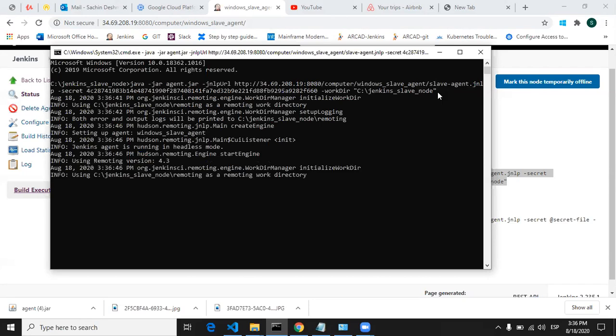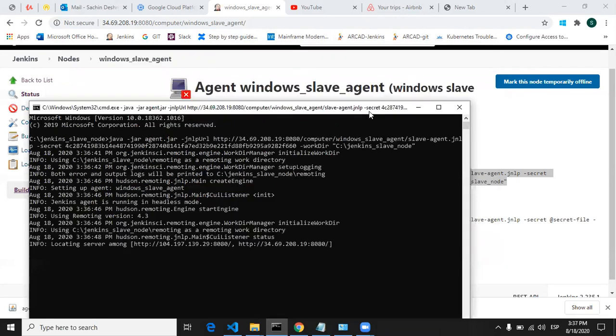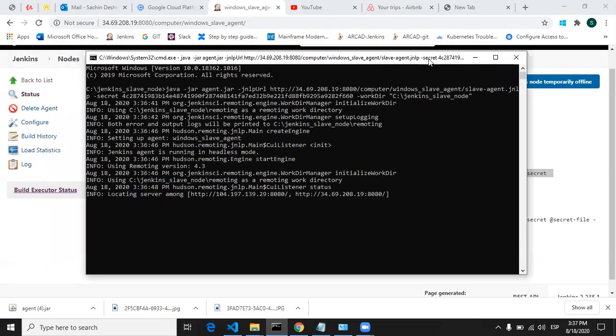And now it will do some operation to connect your Windows slave agent using JNLP port. Wait for some time.